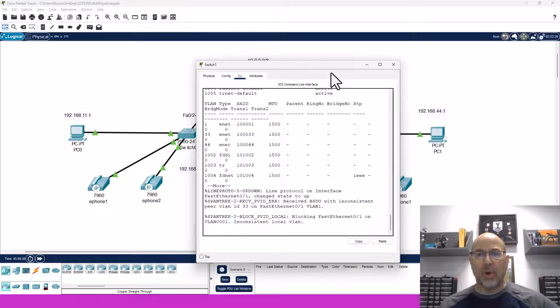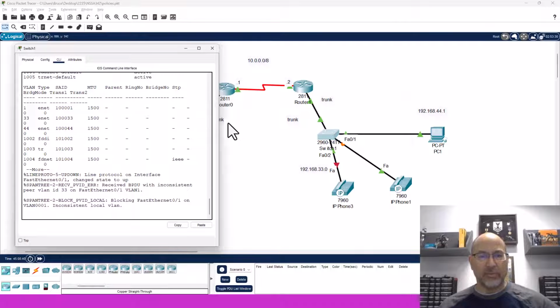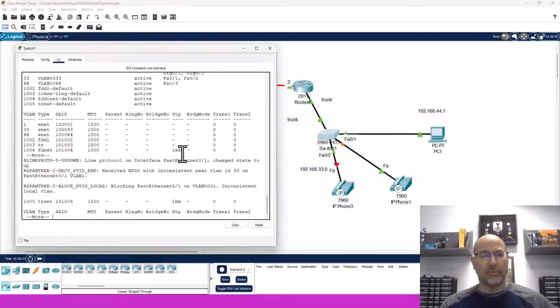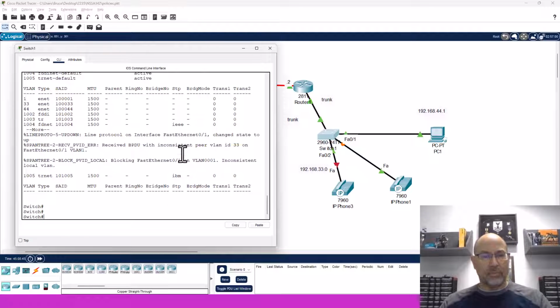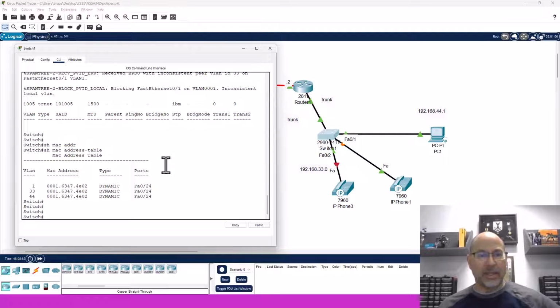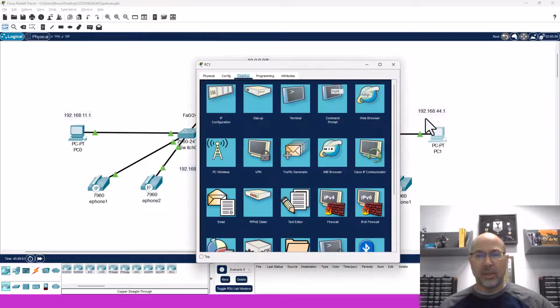Now, how am I going to learn the MAC address of this phone? Well, if I do a show mac address-table, I can see that port 1 is the one for the phone. Now we'll do this too, just so we can generate